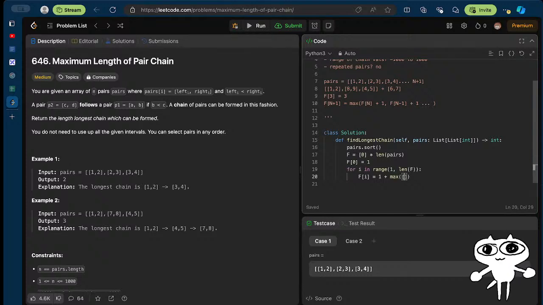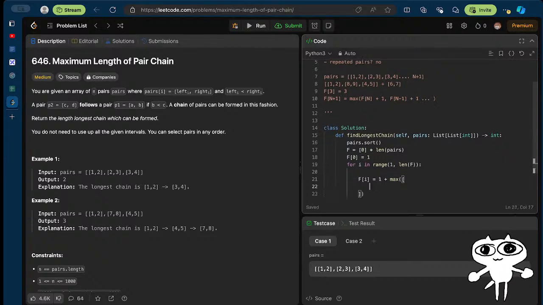It has to be depending on the criteria, right? So this thing over here is gonna be, is this gonna be like pairs? Okay, this thing's gonna be f of j if pairs j